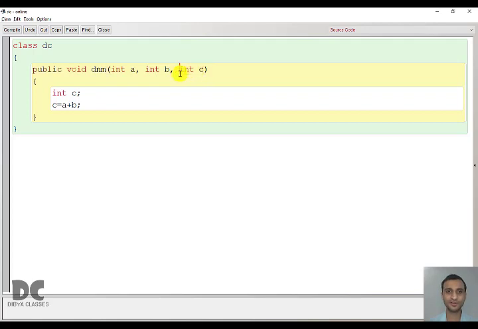If you take input for C, you are telling the user to give me the numbers and also give me the answer. The user is not going to give you the answer; you are going to give the user the answer. The user will give the question, you will give the answer. The question is the input and the output is your answer. Don't write int C here. Here in this area we will only ask for input. Processing will be done within the curly brackets. So this is called input using parameter.